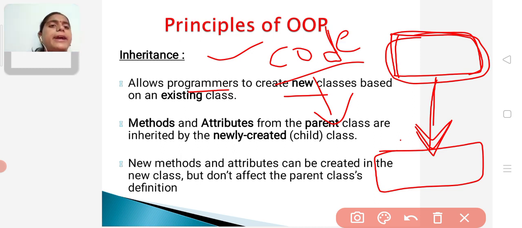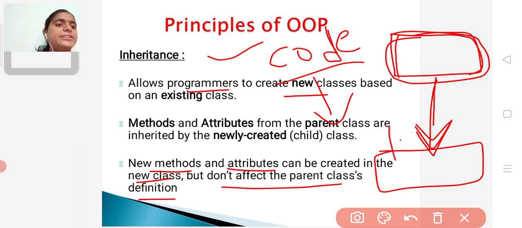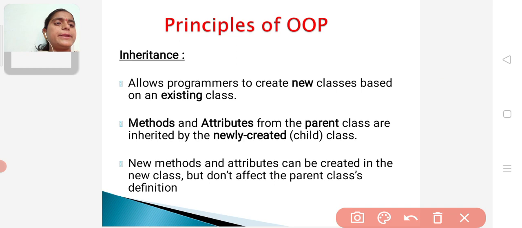Okay, and so these new methods and attributes can be created in the new class but don't affect the parent class definition. Okay, the methods and attributes which are created in the child class do not affect the parent class. Okay, we will discuss this inheritance concept deeply later. So, okay,